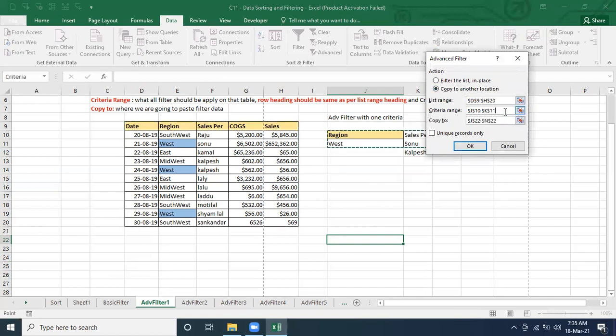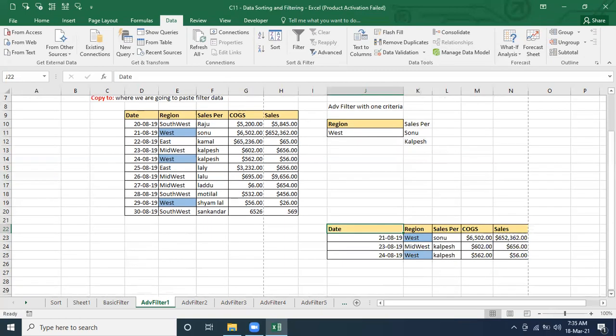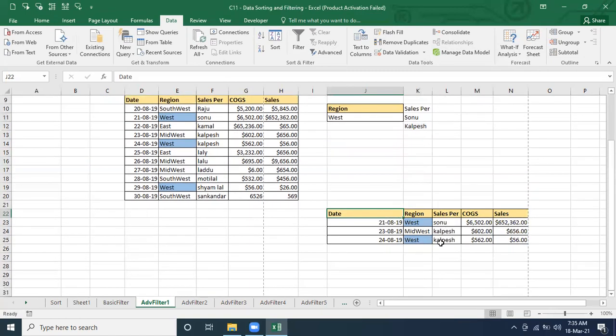This is the one we have to extend. Instead of this, we have to make it 12. It should be K12, correct? This is the one, and we want to output at that place itself. There are three records: West region Sonu is there, West region Kalpesh is there,